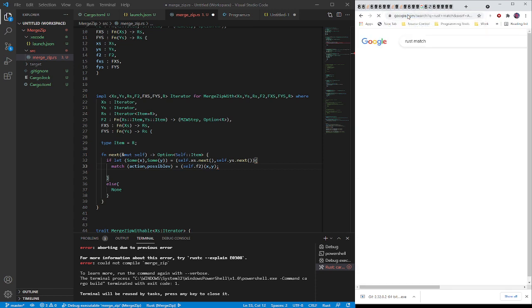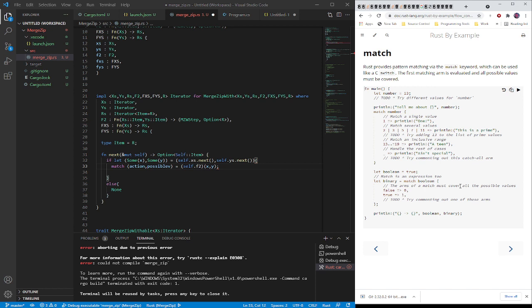Rust match. Nice. So it's an expression. I love expression languages, incidentally. They make me very happy. So what we're going to do is we're going to say match on